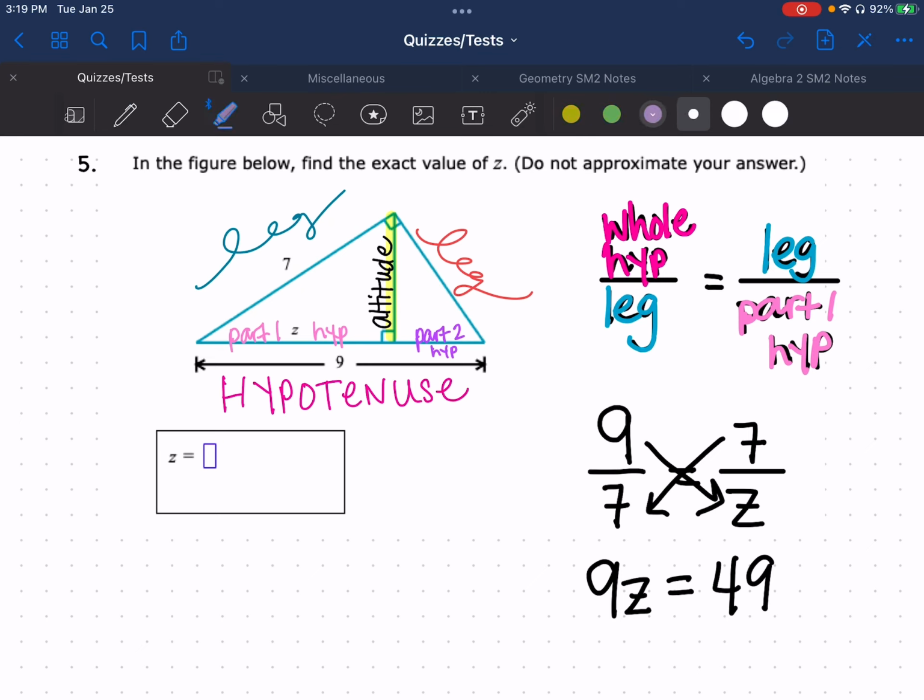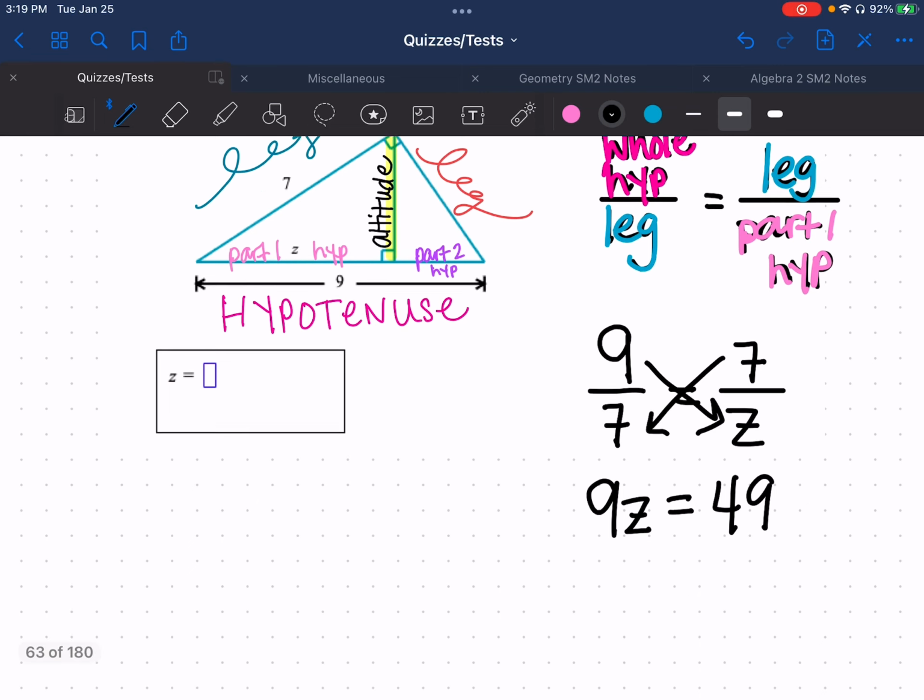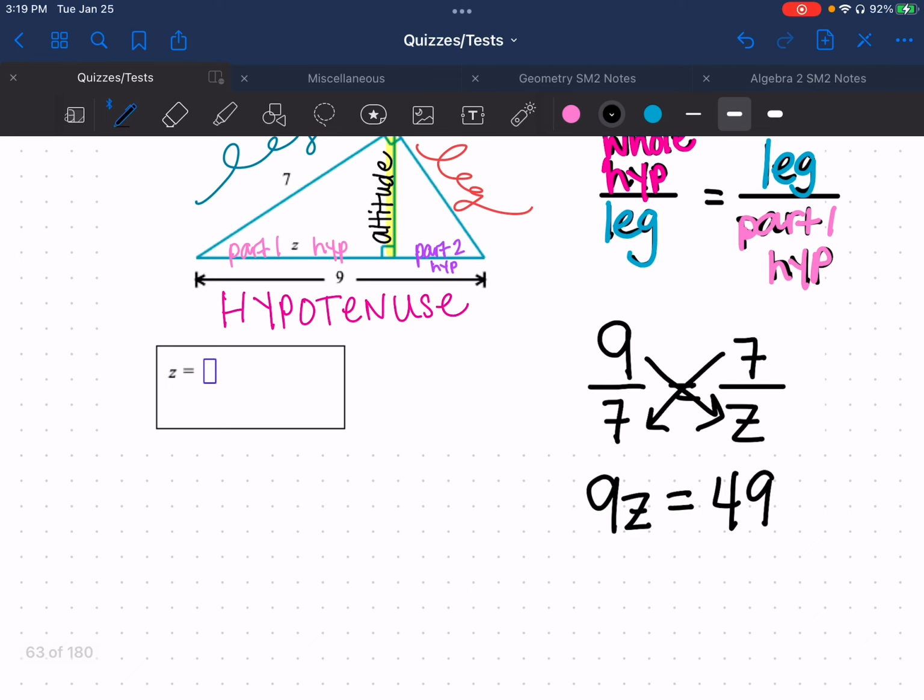Notice that it does say right here, do not approximate your answer. That means you either have to leave it as a square root or you have to leave it as a fraction. Those are the two answer choices that you're going to get. Now, to leave it as a square root, you have to have the letter squared. Notice my letter is not squared. There's no exponent up here. So mine is going to be a fraction because there's multiplication hiding in between there. So to get rid of it, I'm simply going to divide. I'm going to place that into my calculator to see if it gets any smaller. No, it does not. This is the fraction that my calculator gives me. So this is my